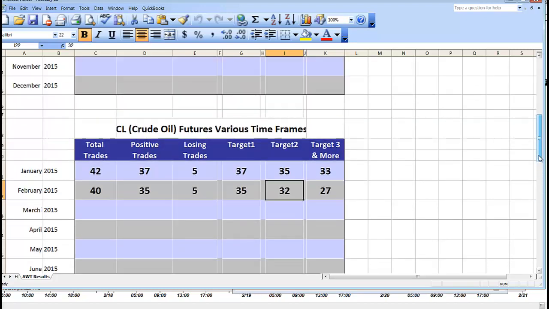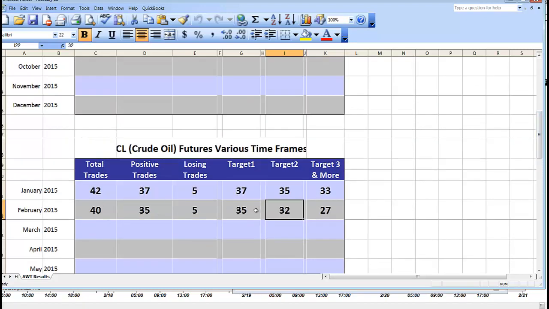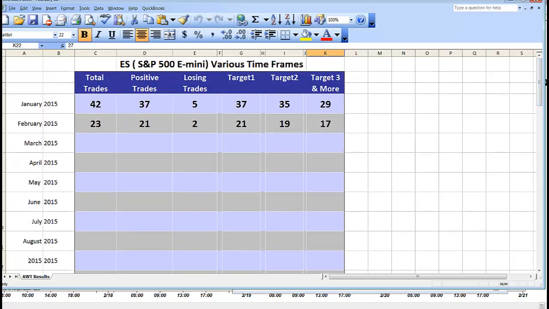So again, so far this month we had done 40 trades on oil, 35 trades reached at least decision point 1. I love demonstrating my method when we take counter trend trade. I say, watch this. You want to be counter trend trader, you better respect decision point 1. Price blasted through decision point 2 and made it to reversal zone. Reminding you, trail carefully. And here is the selling pressure on oil as we're witnessing as we speak.